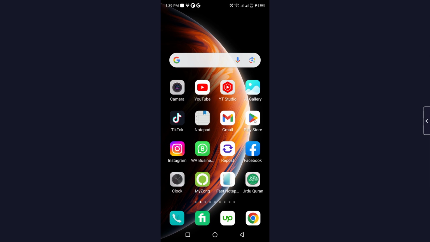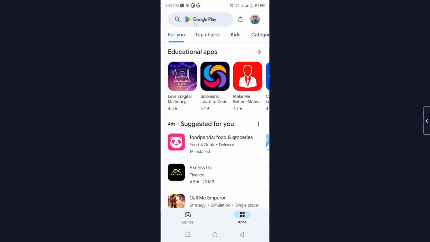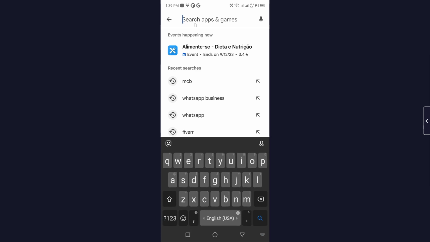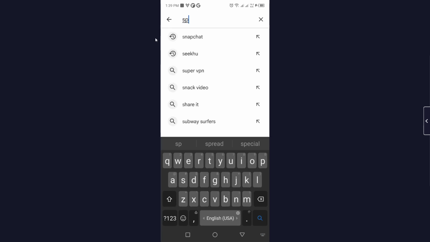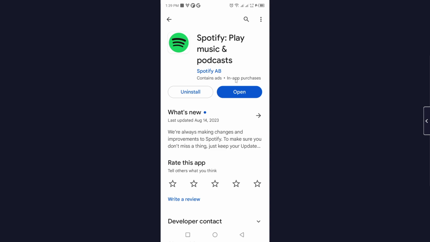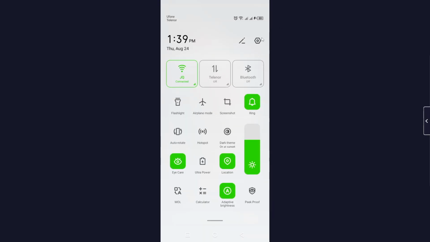So the first step you simply need to do is to open Play Store and search for Spotify. Click on that. So the first step you simply need to update your Spotify application. As you can see, my Spotify is up to date. Then you simply need to go back, open your smartphone settings,